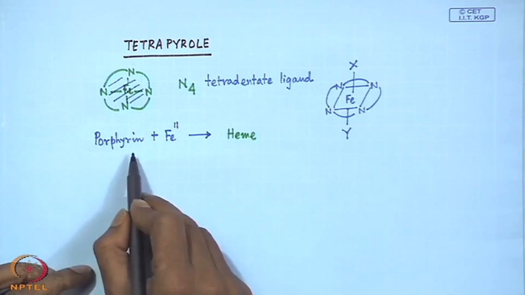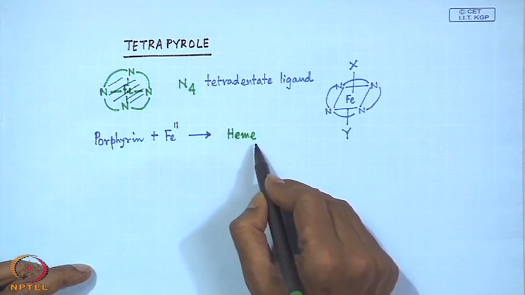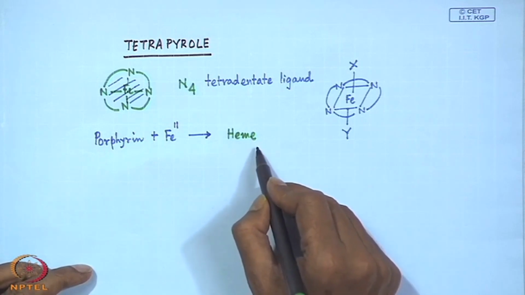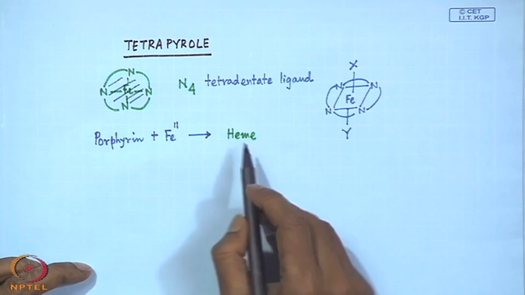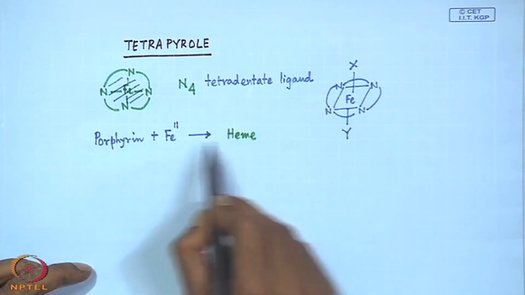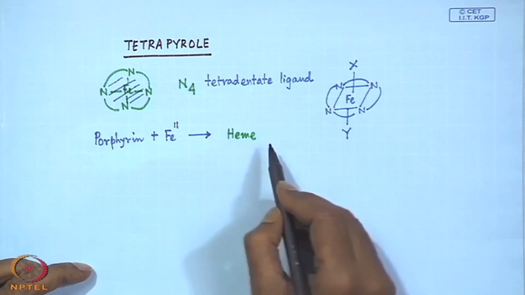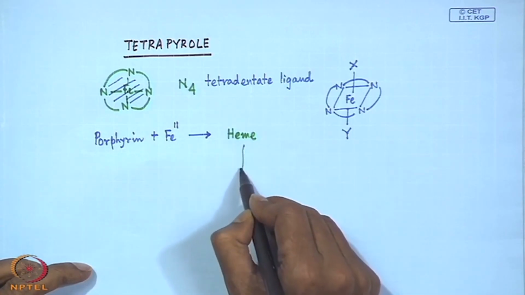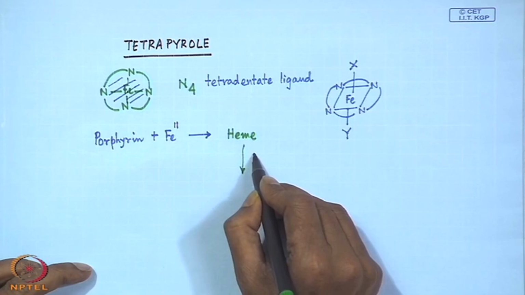Depending upon the nature of this porphyrin, we can consider heme A, heme B, heme C, and so on. But the basic thing is that we have the porphyrin plus iron giving rise to the heme structure, and then the protein chain comes in,